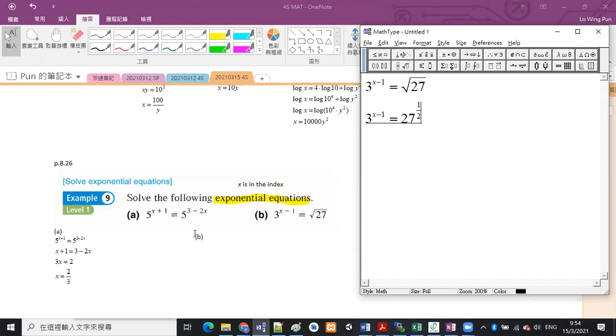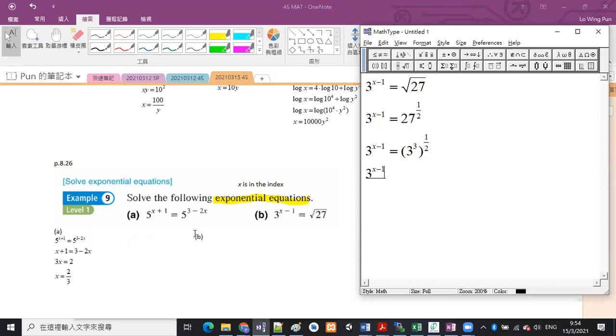Okay, but I think when you have done enough exercise, you will immediately know that 3 and 27 can be changed to the same base. Change of base. Okay, 27 can be changed to 3 to the power 3, and then power 1 over 2,